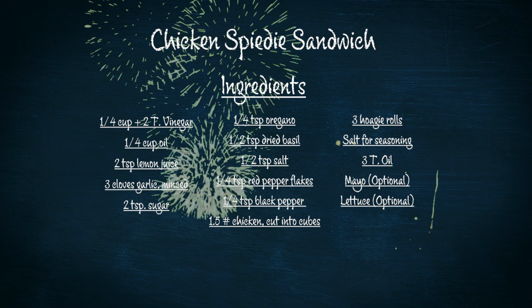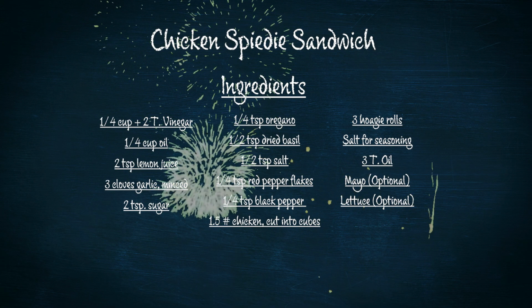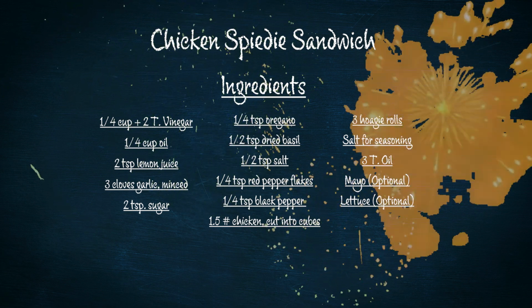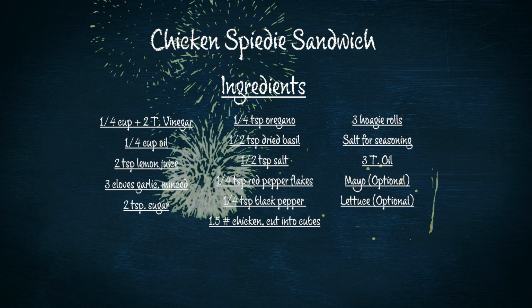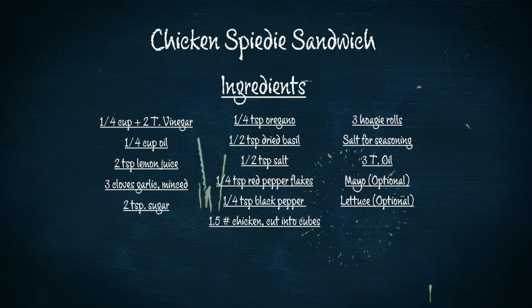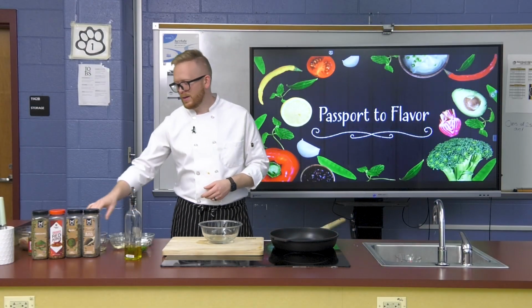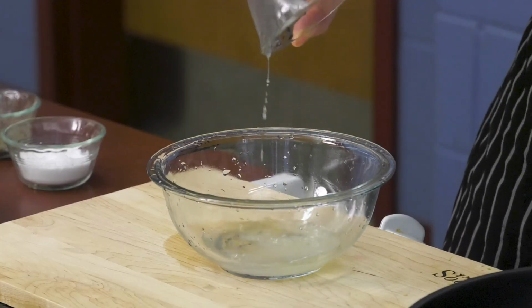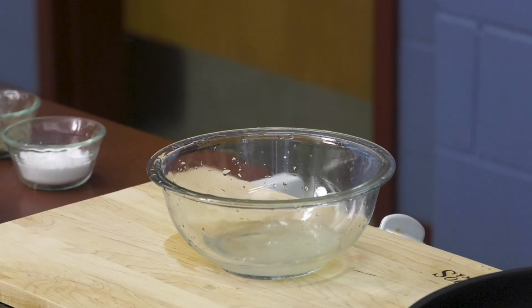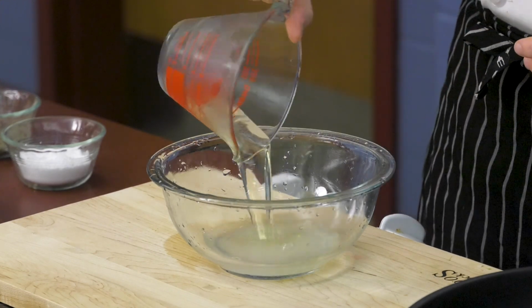So the first thing we're gonna do is make the marinade. A key thing to that marinade is white vinegar. White vinegar is pretty astringent vinegar. It's pretty basic vinegar, but it helps to break down the chicken and make it a little bit more juicy and add some more texture to it, which is always good. To that, we're gonna add 2 teaspoons of lemon juice, a 1/4 cup of oil,